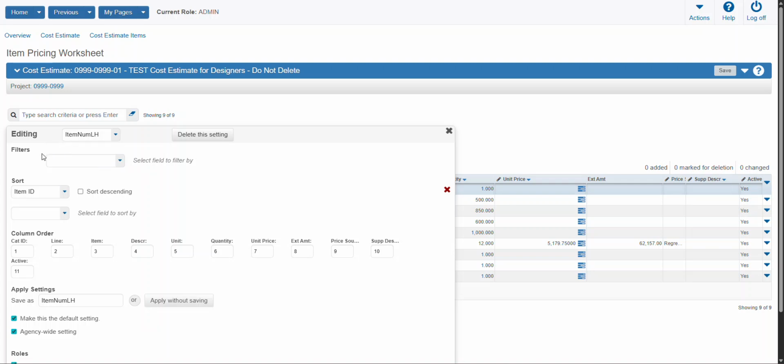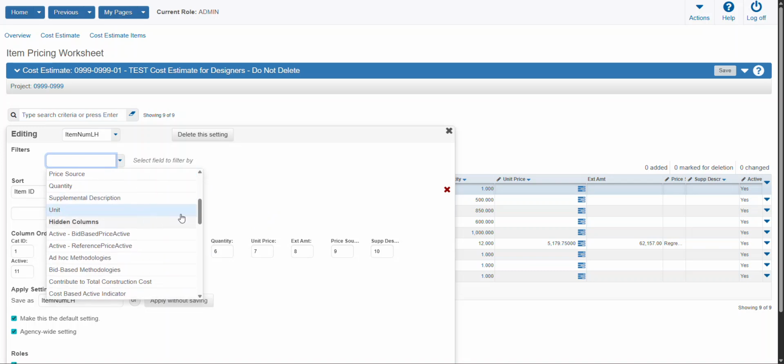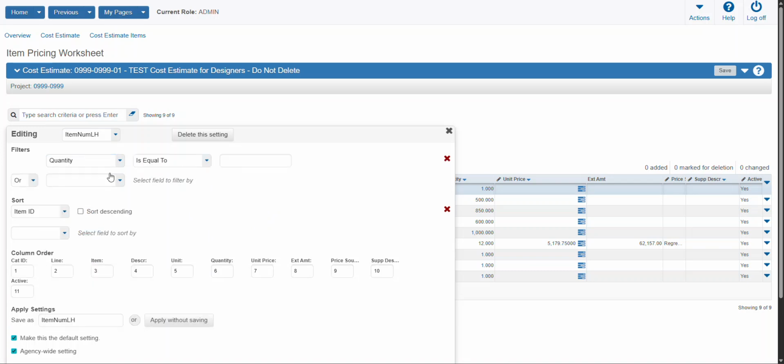We're going to just come in here to the filters. And as I mentioned, we're going to create a filter for the quantity of 1 for these pay items in this cost estimate. So let's go ahead and do that. We're going to scroll down to the quantity field, enter that it is equal to 1.0. Leave that the way it is. The sort item ID, we're going to leave as is with the sort descending set to false. So the items will sort from low to high, as we typically see in our cost estimate and